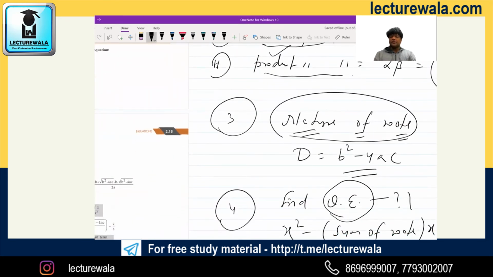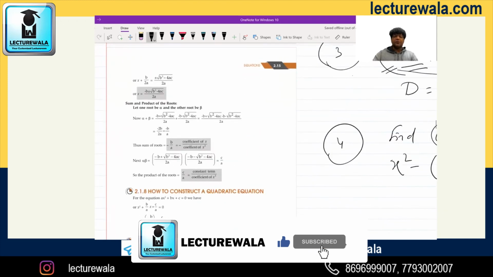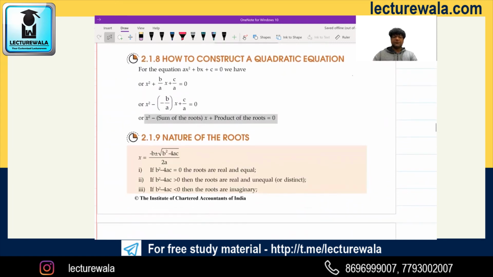Now, nature of roots. How will you understand that in this question we have to apply nature of roots? The question will declare some natures. You know what? Roots are equal, roots are unequal, roots are real, roots are imaginary. If the question specifies these types of natures, you will understand that we are to use the rules under the heading nature of roots. Now if you want to see, I hope they have given here. Yes guys, see guys, nature of roots.